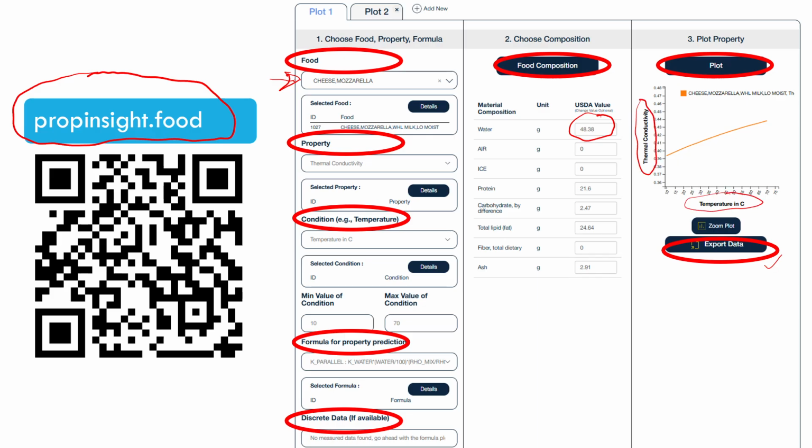So I show this for two reasons. One is it is a very simple kind of computer aided engineering. It's basically just relating composition to property, but I also want to share with you in terms of digital resources.